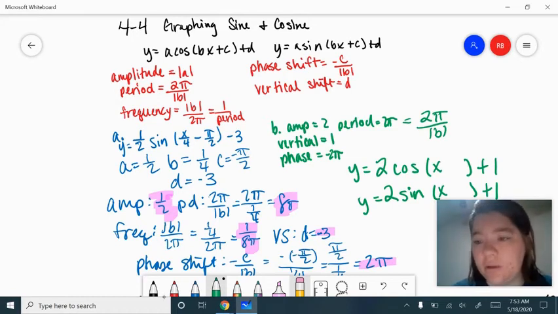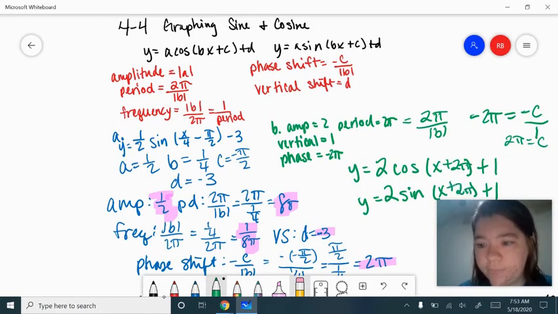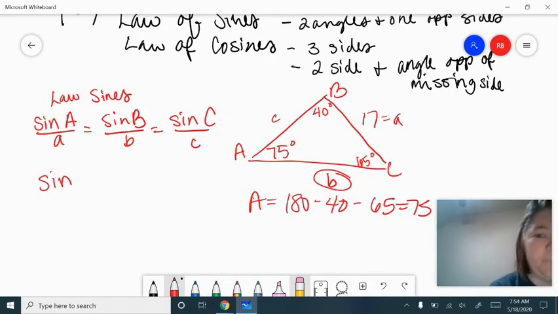Now to check for C. The phase shift is -2 pi, which equals -C over B, and our B is 1. So -2 pi is equal to -C, so C is 2 pi. And you are done. The sine of A, sine of 75 divided by A, 17, equals sine of B,